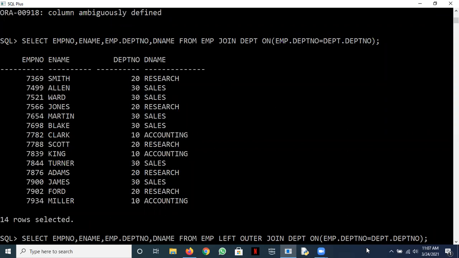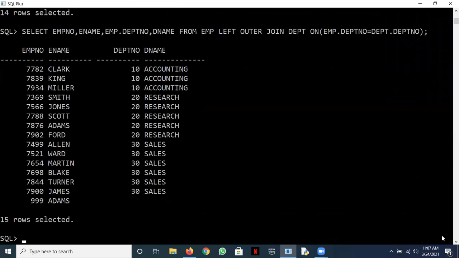Okay. So how many rows in this? I want an answer now. We have just done it. Now this means the word you are specifying, matching rows would come plus non-matching rows from the table which is mentioned on the left. So the table on the left is M. Okay. So how many rows? Would somebody like to answer? Okay. See the answer now. 14 matching rows and the one non-matching row from the M table.